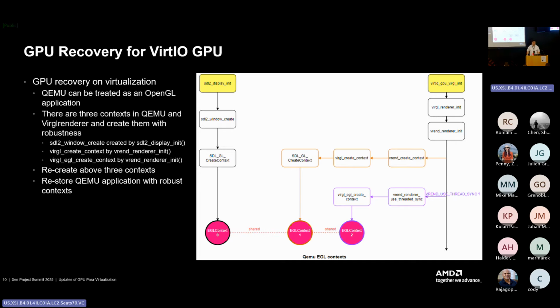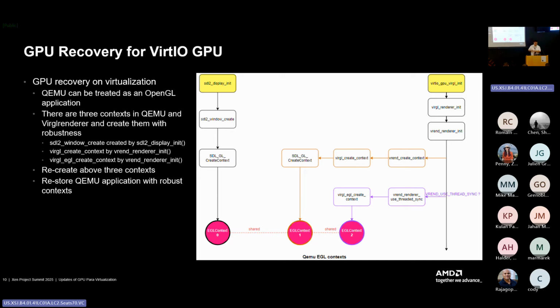With this way, QEMU, the virtual renderer and SDL will always be valid once we do the GPU reset, because QEMU is a very, very simple OpenGL application. They almost never trigger a GPU hang. The 3D applications can trigger the GPU hang. They are mostly very heavy 3D applications, something like gaming, something like high-end 3D benchmarks or something like that.